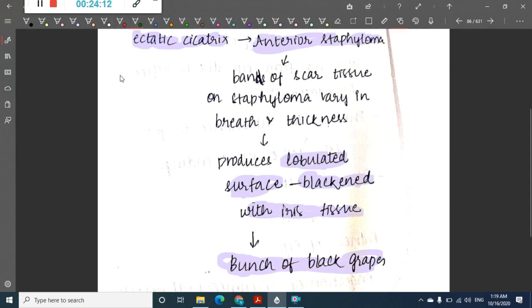See, I'll tell you what I have read now. I'll just show you with a diagram so that it becomes easier. So if this is the eyeball, right, you have the iris with the ciliary body, right?